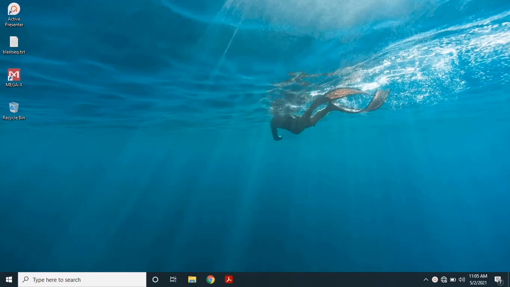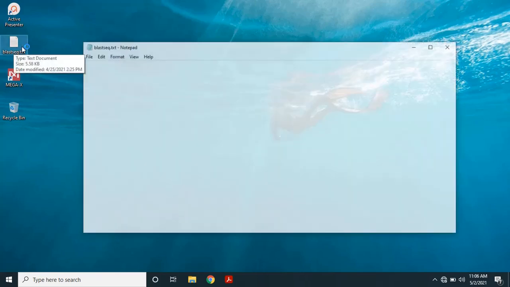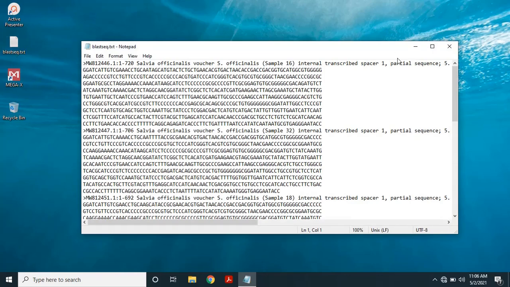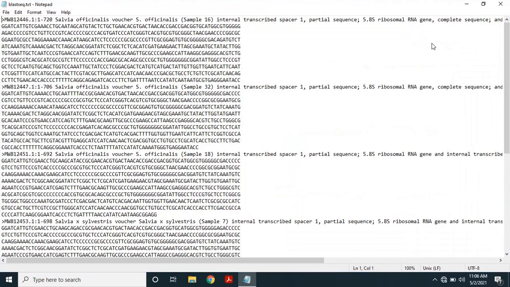To construct the dendrogram using Mega software, we need our particular desired sequence, and we have to perform the blast of our sequence with the available sequences in NCBI. I have already performed this procedure and the blast analysis of my desired sequence. This is the blast sequence file of my sequences.